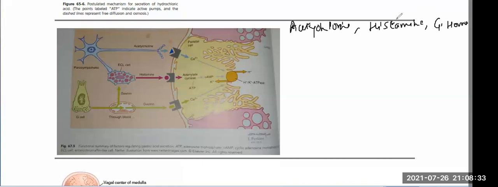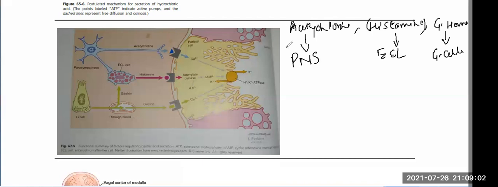Now, histamine is secreted by enterochromaffin-like cells, ECL cells. This is secreted by G cells in the pyloric gland. This is in the oxyntic gland. Acetylcholine is secreted by the parasympathetic nervous system of the brain. You can see here,